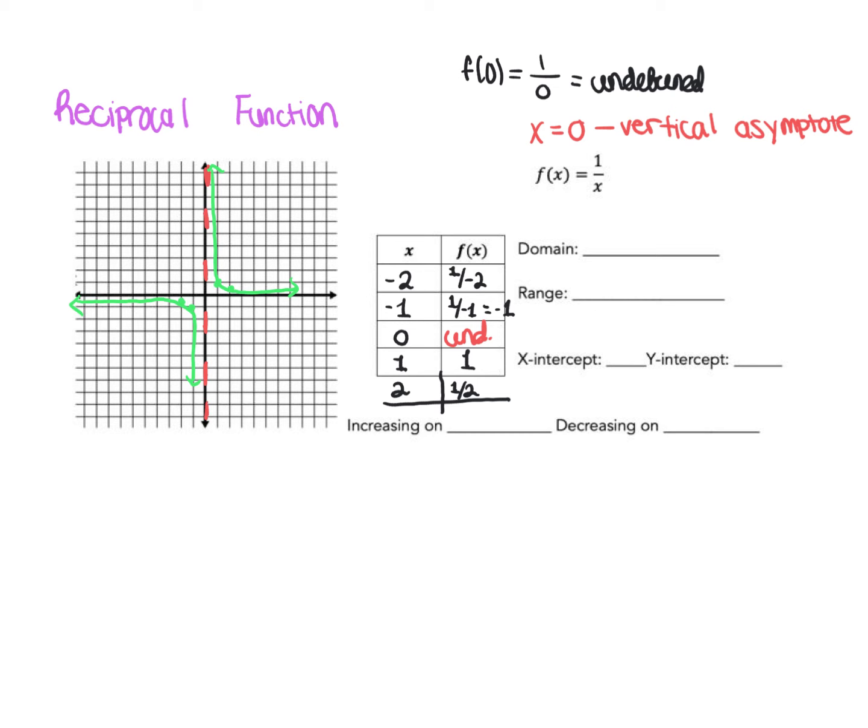So the domain is going to be -infinity to 0, not including 0, union 0 to infinity. And the range is also going to be -infinity to 0, union 0 to infinity. And don't really worry too much about y right now. We'll talk about that more later in the course. So here there's no x-intercepts or y-intercepts. And so this graph, as far as increasing, it's never increasing